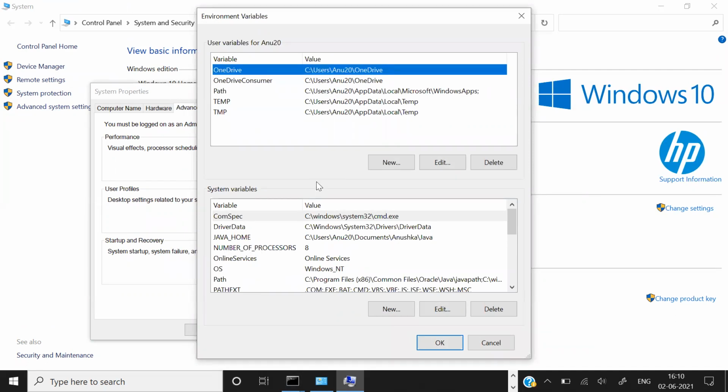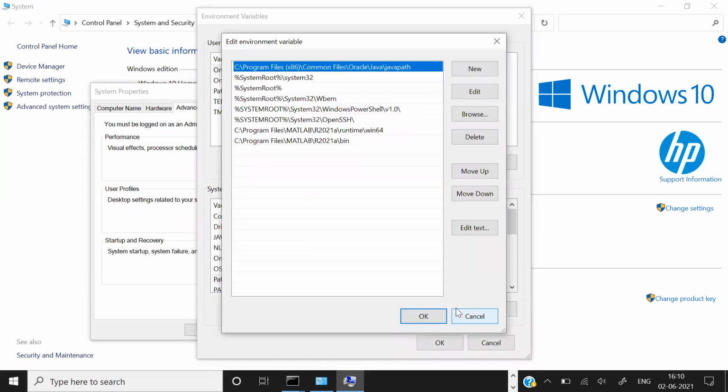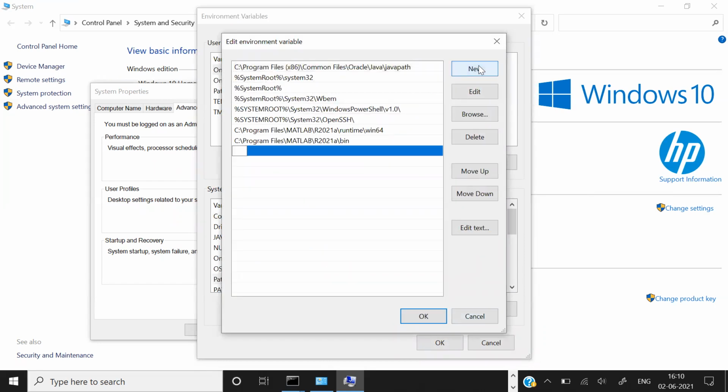This path you can see in the system variable Path. Select it, click on this Edit button. Click New and paste the path that you have copied. Now add bin also here, slash bin. Yes, now okay.